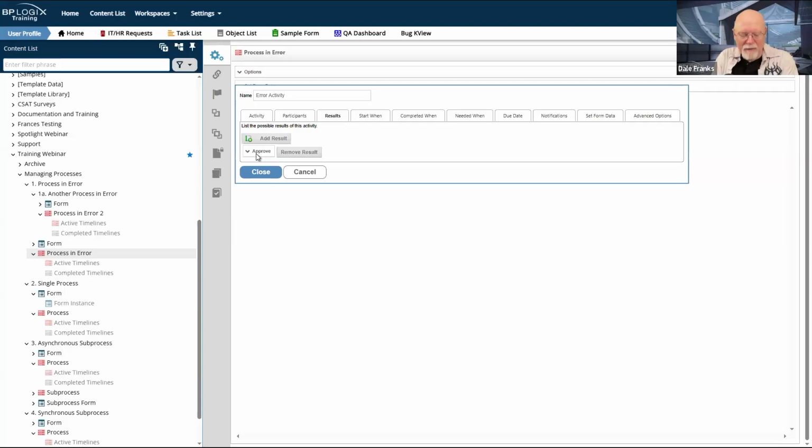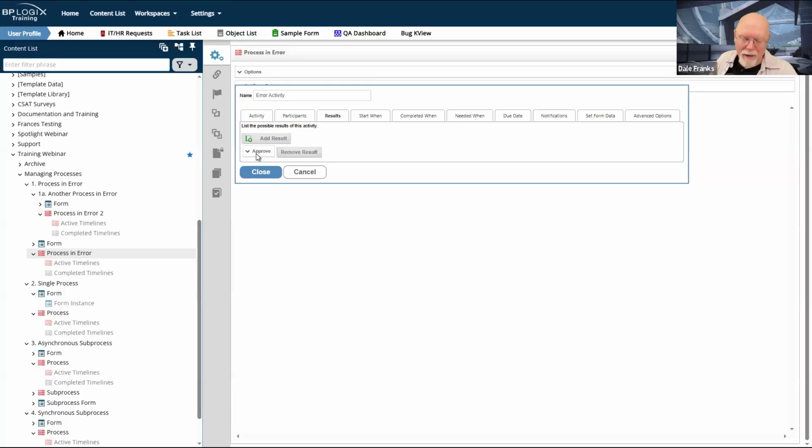I shouldn't have to configure some sort of weird condition that's like a needed when condition that says only run this activity if a user has been assigned, because that would be a super hard condition to create. I'm not entirely sure how I would do that. And I might want to do this in a lot of multiple places.